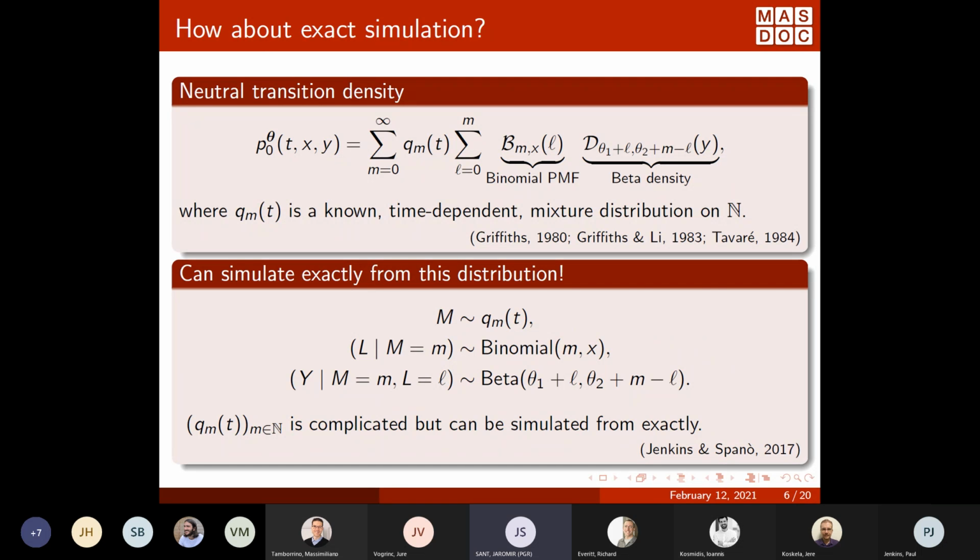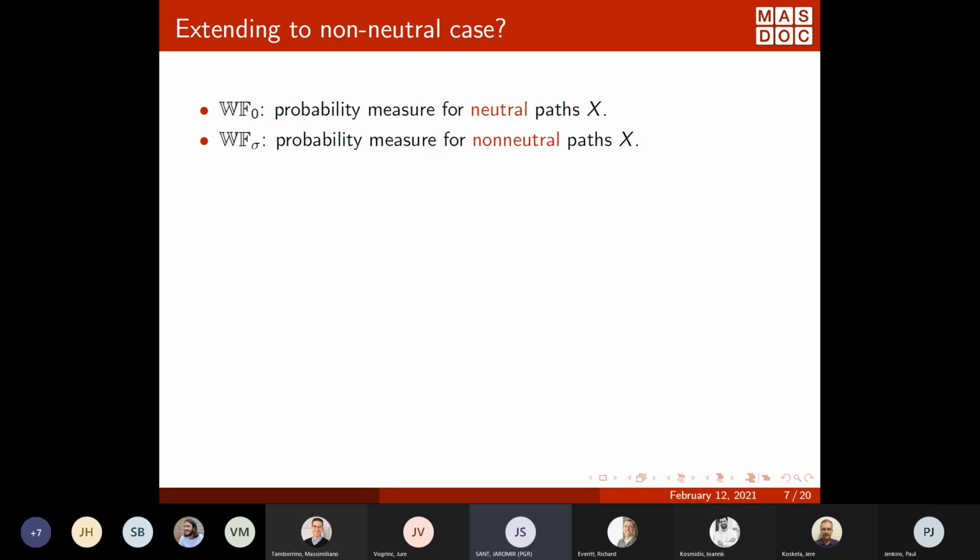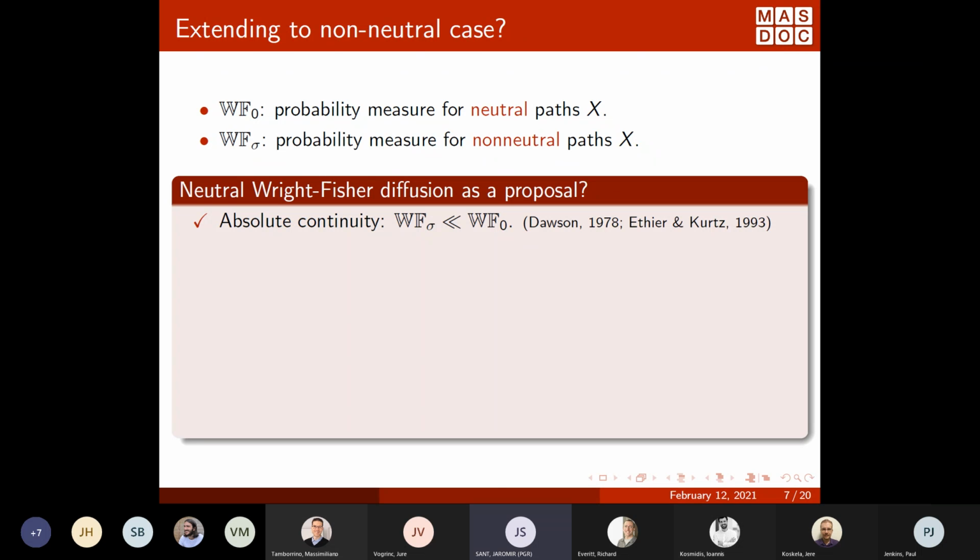Okay, so this is how to deal with the neutral case, but we're interested in the non-neutral one. So what can we do there? To tackle this, we need to look at some form of a rejection sampler scheme, which is what I'll be explaining now. So if we start with WF0, which is just a probability measure for a neutral path,